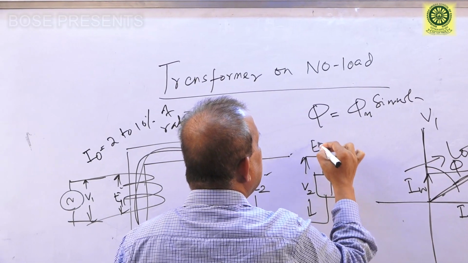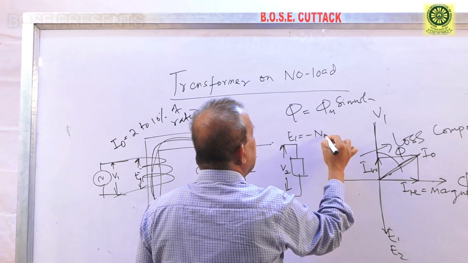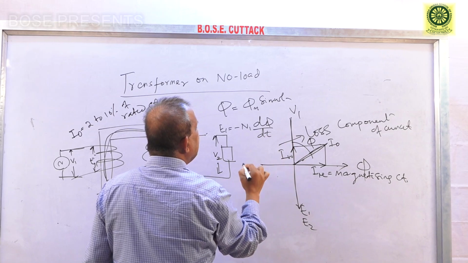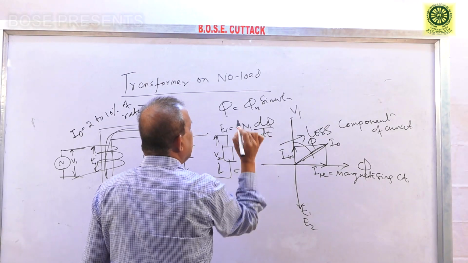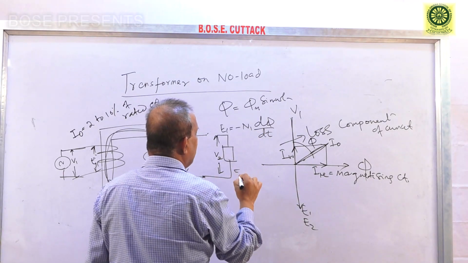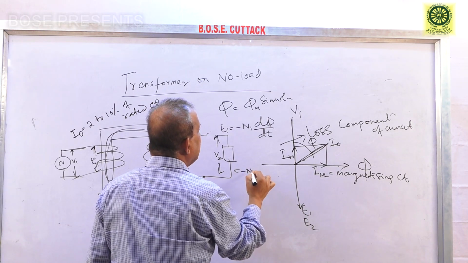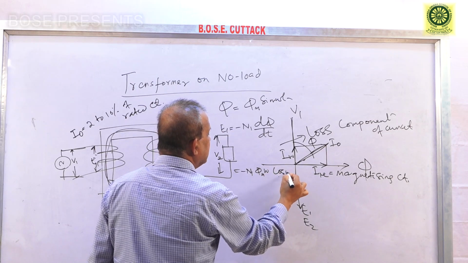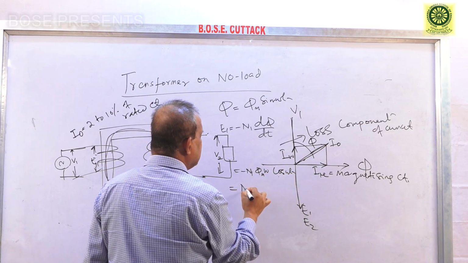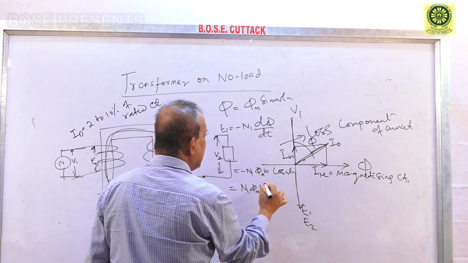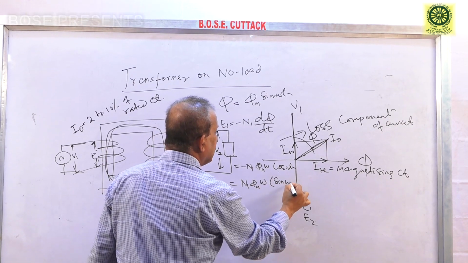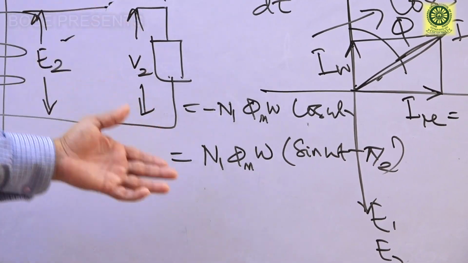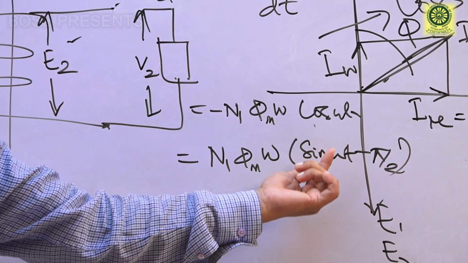So E1 is equal to minus N1 d phi by dt. The minus sign, as you know, is because of Lenz's law. So this is minus N1 phi m omega cos omega t. This can also be written as N1 phi m omega sin (omega t minus pi by 2). That means the EMF induced E1 is lagging behind the